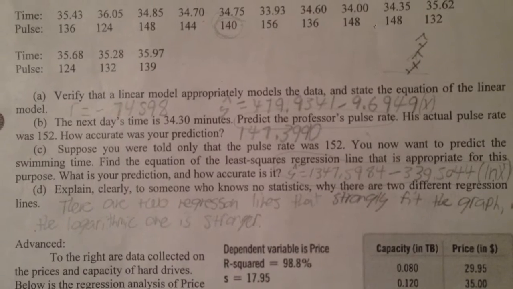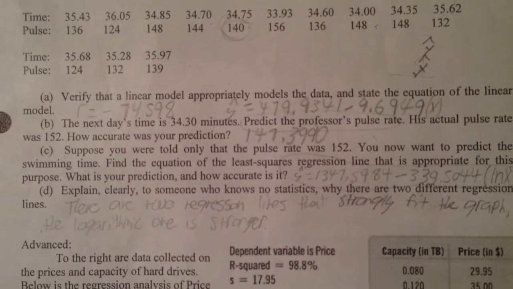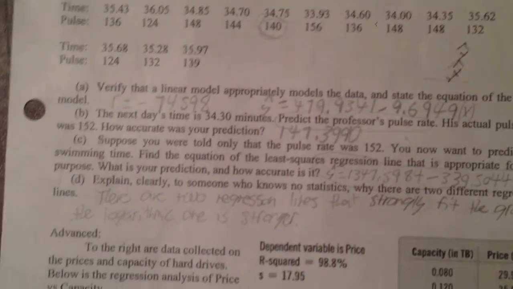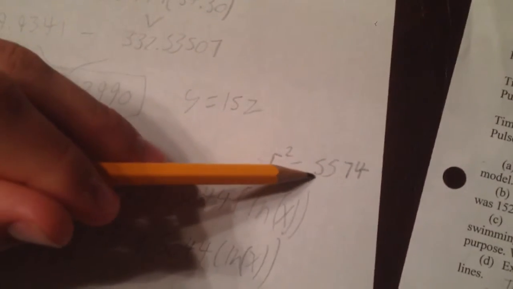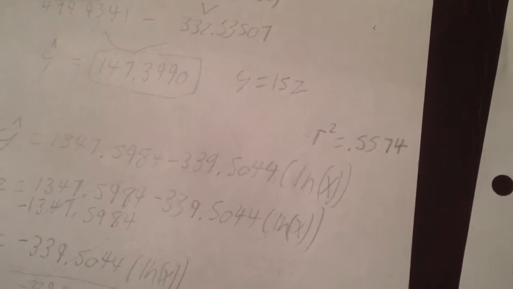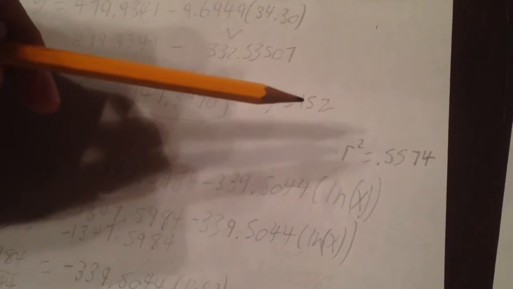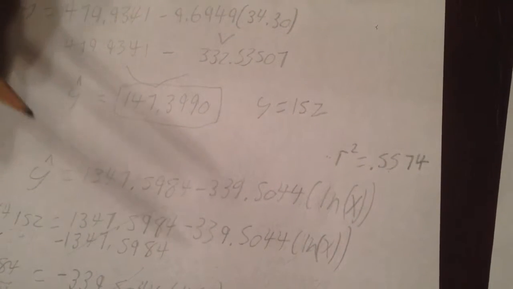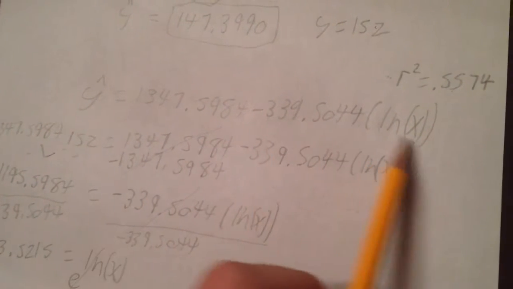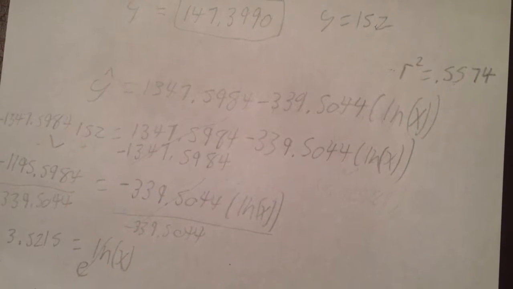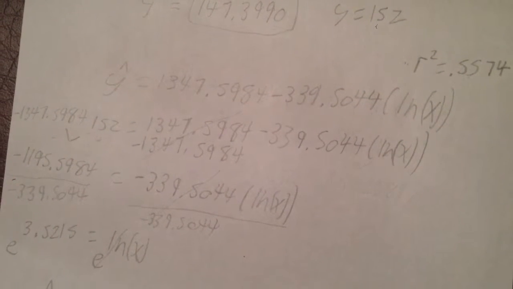Looking at all the options, a logarithmic regression line would be the best for this set of data, and it has an R squared value of 0.5574, which was more than our linear. So this would be the most appropriate, and the residual plot of it checks out better than that of the linear. So this would be the most appropriate type of regression line to use for this calculation. This is the formula that we get for our logarithmic when we do that regression,